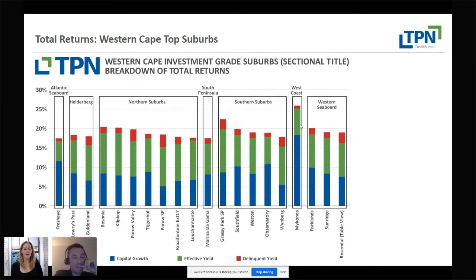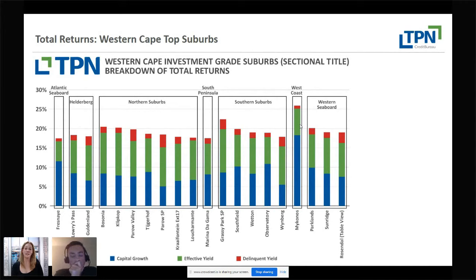Remember, the capital growth in Gauteng was below 5%. Pretty much all the properties were sitting below 5%. Now your capital growth in the Western province is sitting between 5 to 10%. And remember, that's 5 to 10% per annum that you've held onto the property. So if you're looking at an 8% growth and you've got